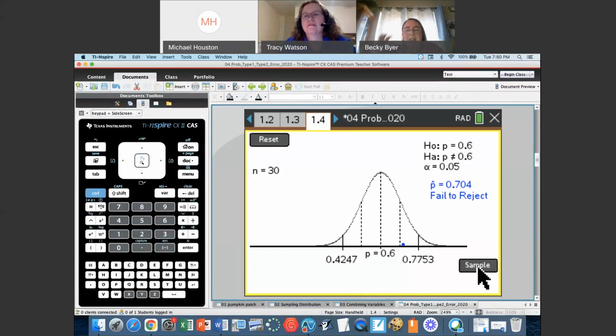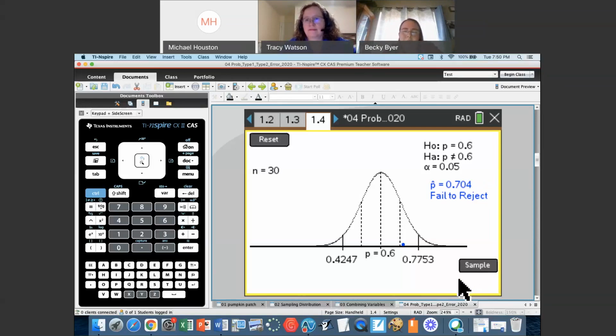And so where they've landed on our normal distribution is in a region where I would fail to reject, because it's only maybe roughly more than 1 standard deviation away, which is exactly where those are marked out. You can have your kids actually calculate the standard deviation for this scenario where the sample size is 30 and verify that those are 1 standard deviation and 2 standard deviations away from the mean. But remember, you have your kids randomly see their calculator. Not everybody's is the same.